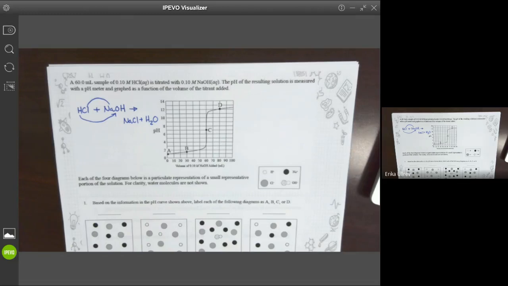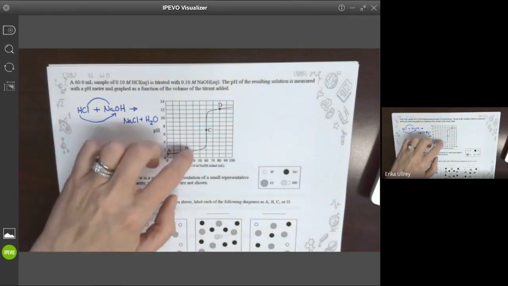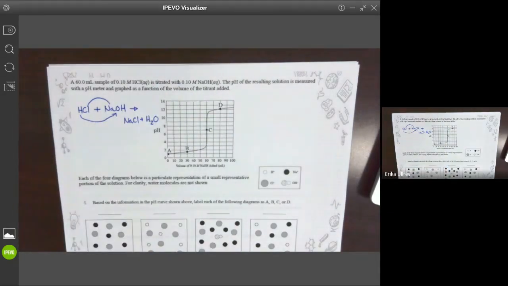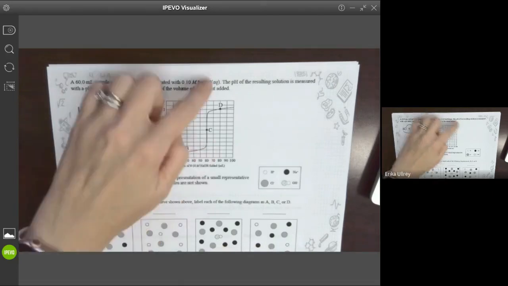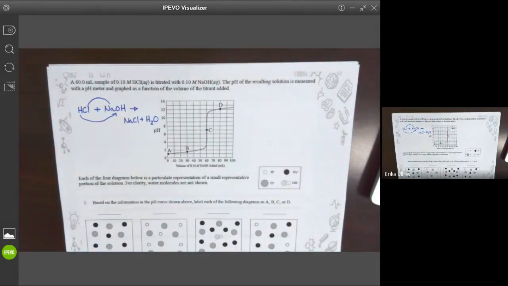Then it says, based on the information in the pH curve shown above, label each of the following diagrams as points A, B, C, and D. What we need to do is look down below and see which picture would represent each of these. So at A,